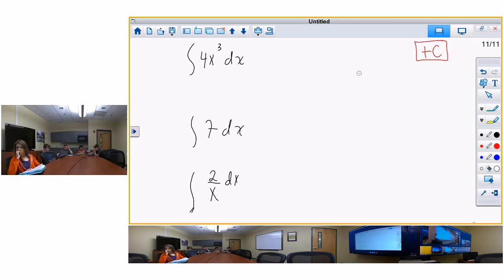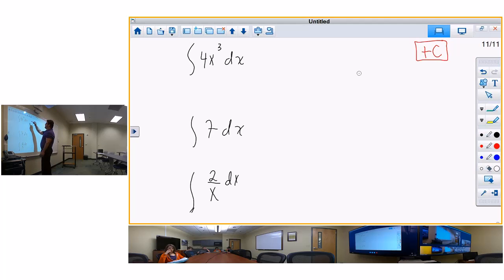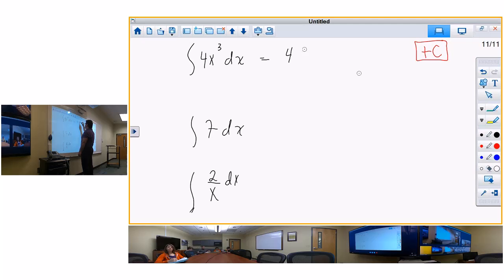Okay? So remember that. And the opposite of the derivative is the antiderivative. So that means instead of subtracting from the exponent, we're going to add, and then whatever we add, we put that on the bottom also. So, what's this one going to be? 4 times x what? X to the 3 plus 1 over what? 3 plus 1